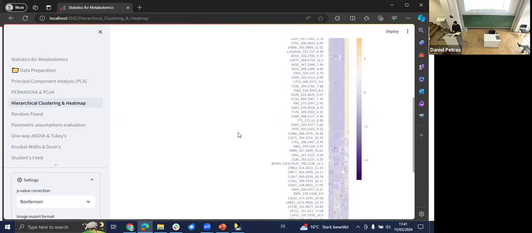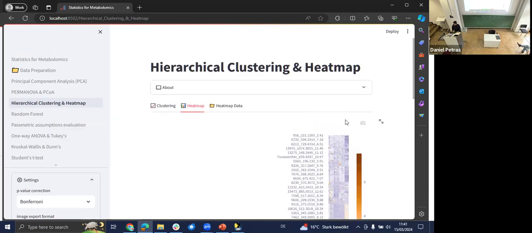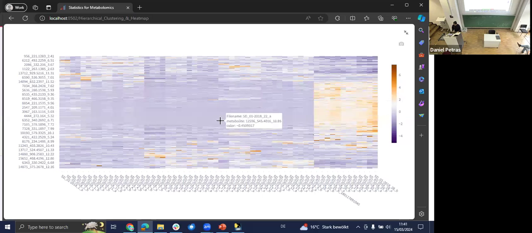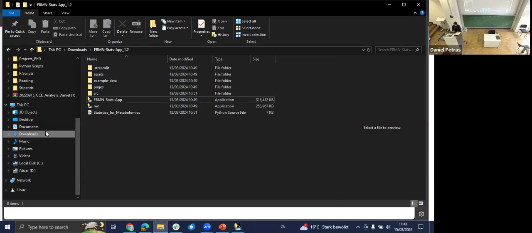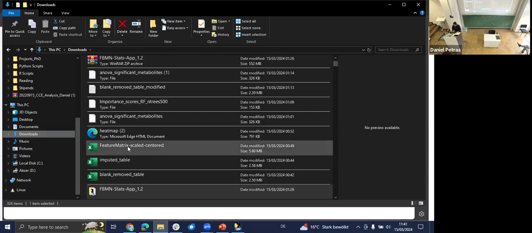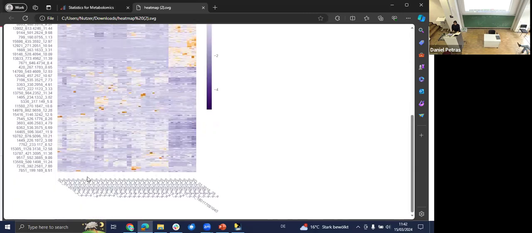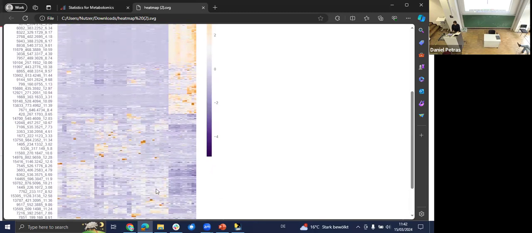Okay, maybe it was showing the full version for me yesterday when I tried it in the night. Okay, just to show you how it looked for me, I saved it so that I can show it. So this is how it looked for me yesterday, with all the samples loaded in and all your features. Something you might find useful with the heat map. And also you could download the